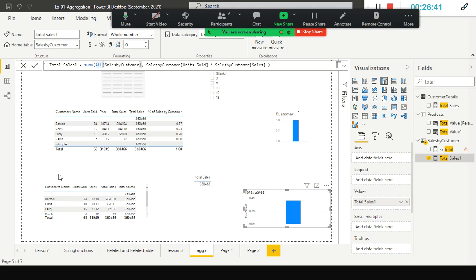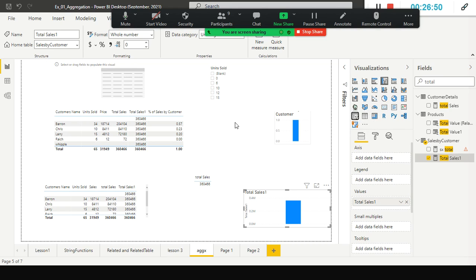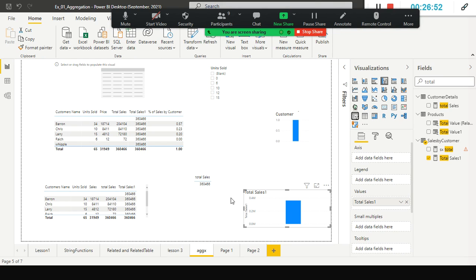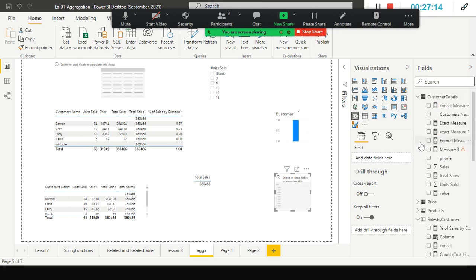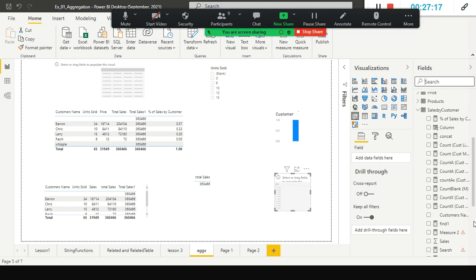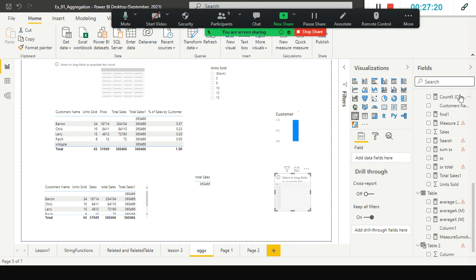For example, I'm going to use an external filter, a slicer here. And here I'm going to drag and drop the customer's name.